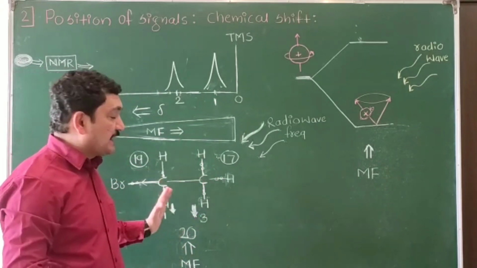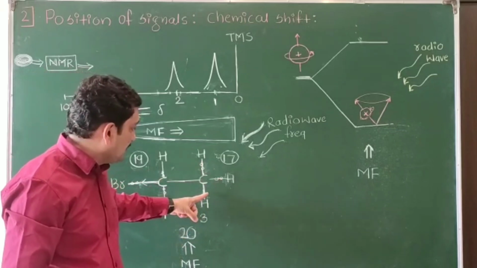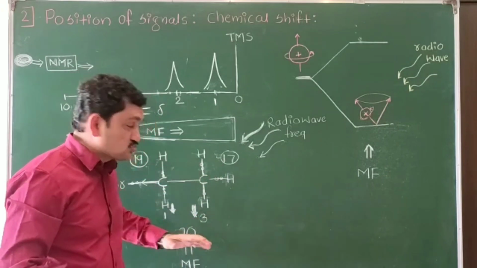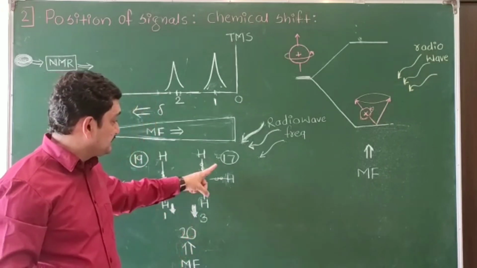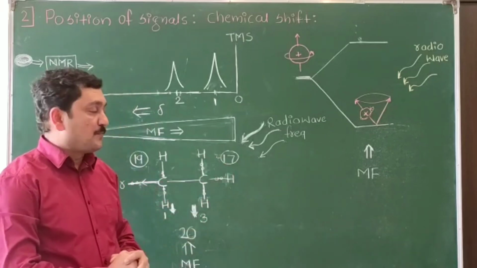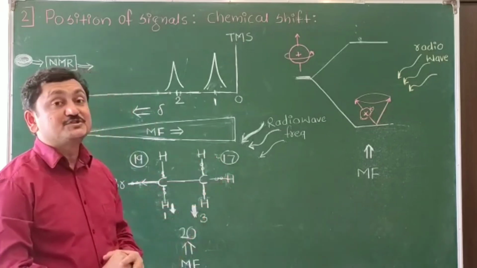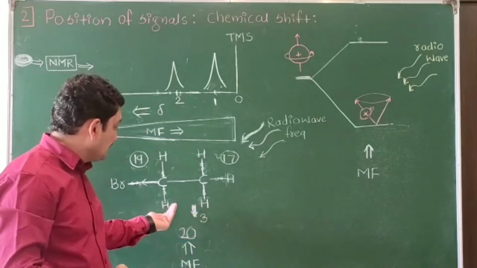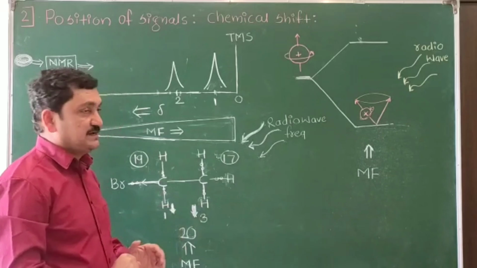Why are they getting different magnetic field? Because here the electronic environment was different. The induced magnetic field opposes strongly, meaning it shields its nuclei. So this magnetic field is shielding its nuclei more properly. So these hydrogens are called more shielded hydrogens, while here the opposition is not powerful. So these are called less shielded, or de-shielded ones.